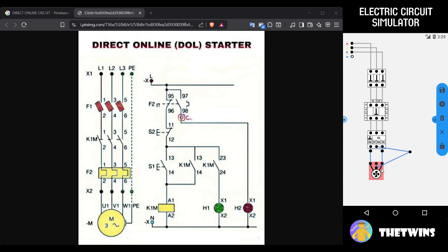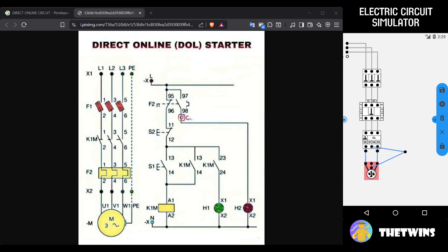Then you can move wire points anywhere, then delete the point. Okay, the main circuit is done.